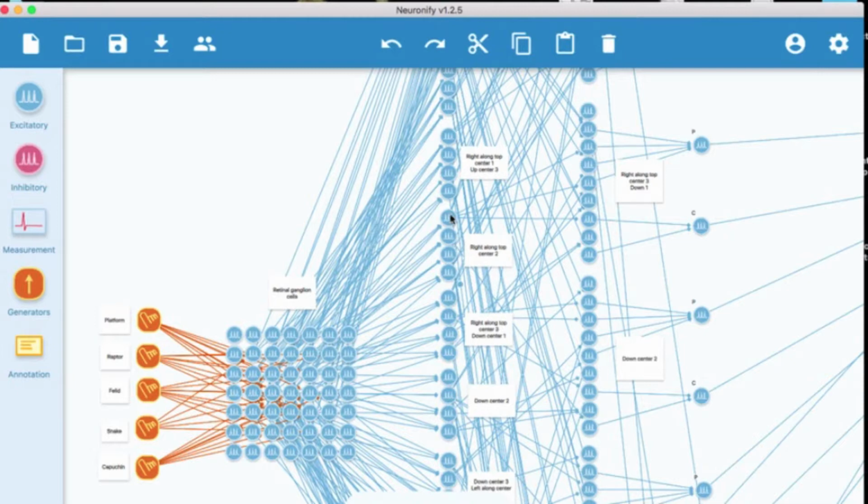And then those feed forward onto more complex cells. These artificial neurons will only fire in the presence of things like wings, talons, heads, bodies, legs, tails. And then these feed forward through the network, getting more and more complex until eventually you get the